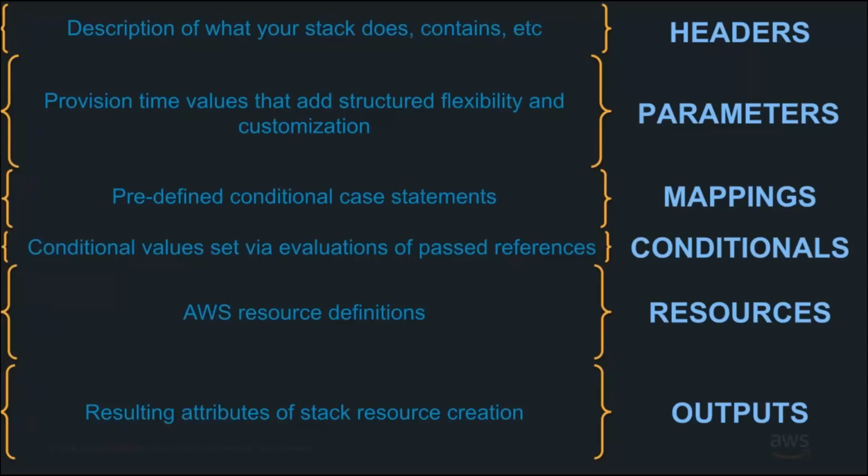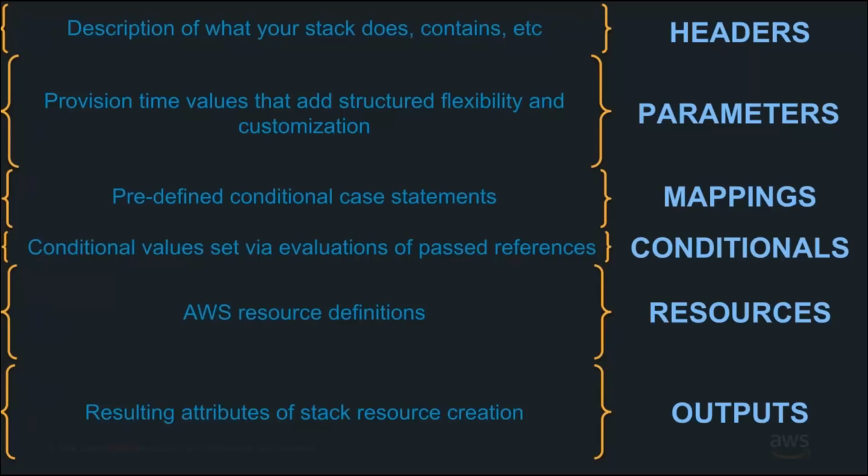Conditionals are values that are set based on evaluations of past references. You could use conditionals to do interesting things, such as deciding whether or not to create a certain resource. So maybe, going back to the environmental concern that you might have, you might want to create a certain resource or set a certain parameter inside of dev that you wouldn't want to set in prod. And you might want to do that based on another factor. Let's say that the application is an API-based application and it's going to run in prod, and so you're going to create, say, a certain execution policy.